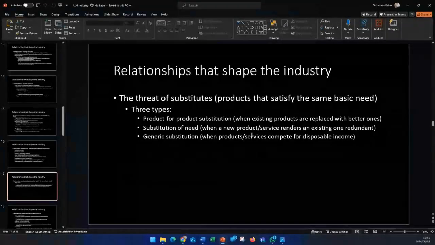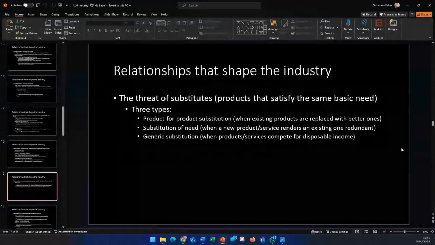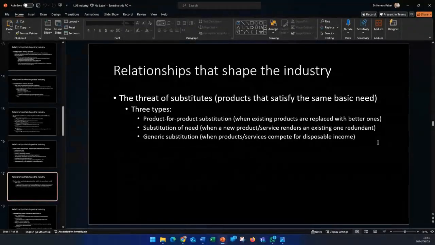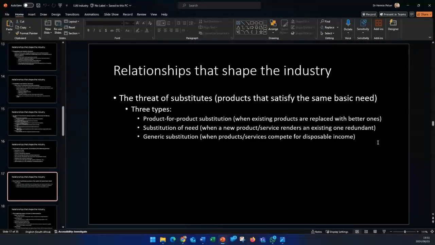Now, in terms of income, I don't think it's the same as that. Maybe that would be product for product substitution. Here, it's for disposable income. We know that research has shown that when money gets tight, people who are closer to the lower middle income have to decide between buying airtime and buying clothes, for example. Guys, what is more important? So it would be between Coke and, for example, bottled water, I suppose. Guys, what is more important, airtime or new clothes?